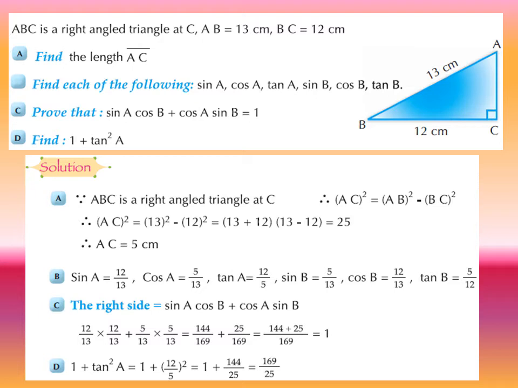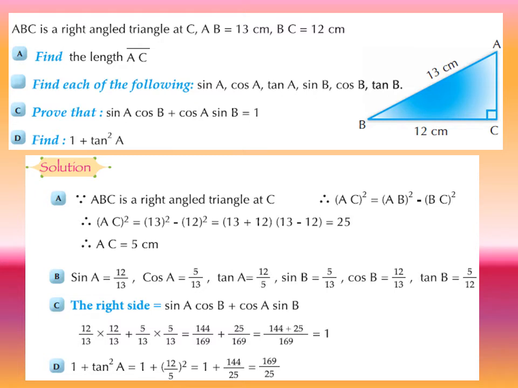Now we can find sine A. Sine equals opposite over hypotenuse, then sine A equals 12 over 13. Cosine A equals adjacent over hypotenuse, then cosine A equals 5 over 13. Tan A equals opposite over adjacent, then tan A equals 12 over 5. Similarly, find sine B and cosine B and tan B. The third required,